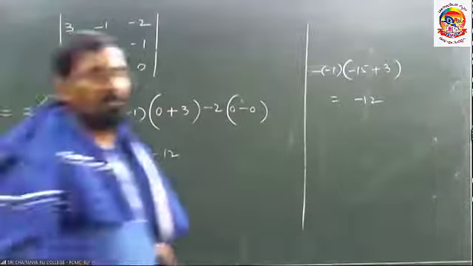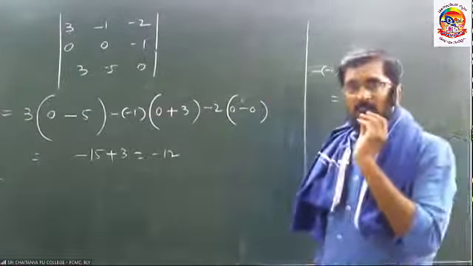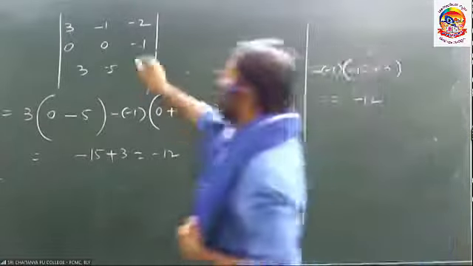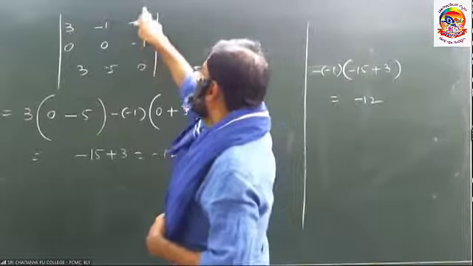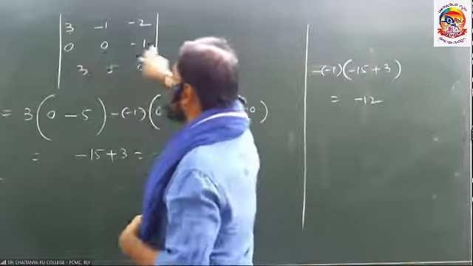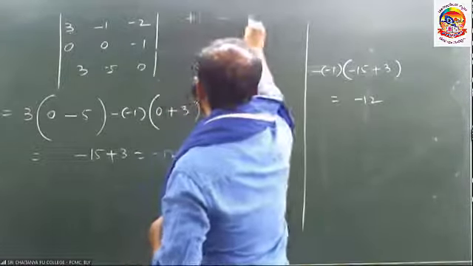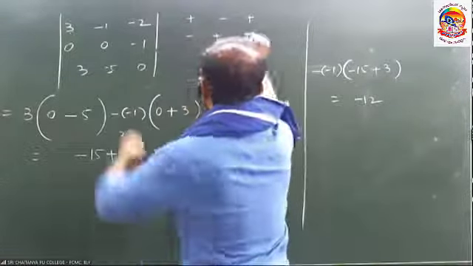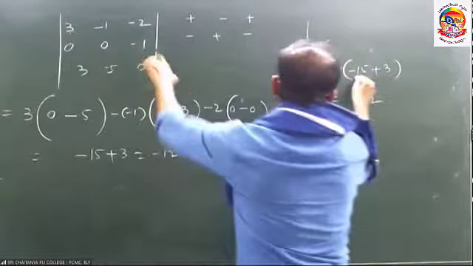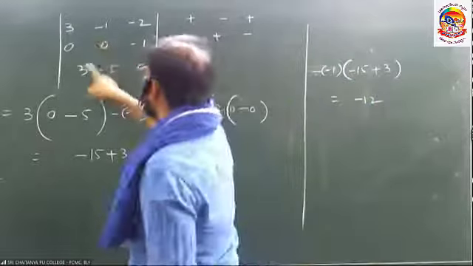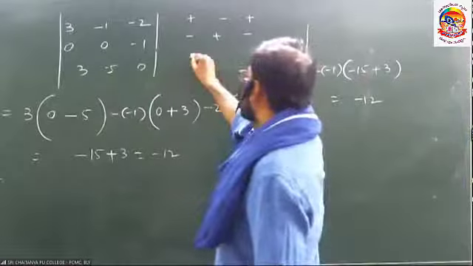Right? That is a shortcut method. That means when there are two zeros here, this element into the concerned column and concerned row. But here what I said? Positive, negative, positive, negative, positive, negative. Now negative of negative, negative of negative into minus 15 plus 3. It is minus 12. Like this you should do.